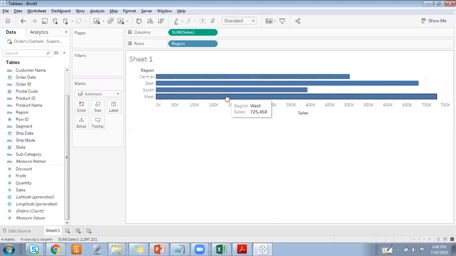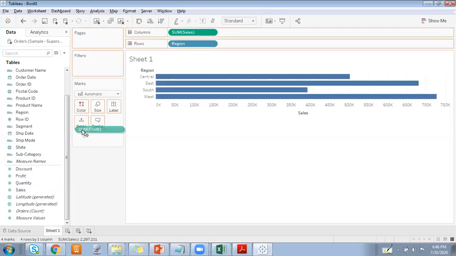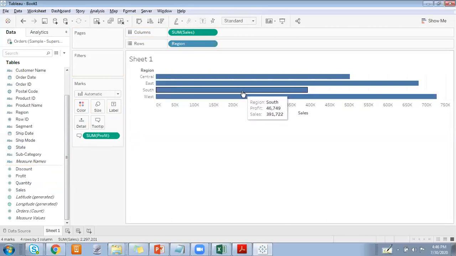In fact, what is the profit of this particular region as well. Then we can do it by adding into tooltip. How can we do it? You can just drag Profit from here and drop it into the Tooltip section of the Marks card. Okay, now you can see that apart from region and sales, you're also able to see your profit, right?